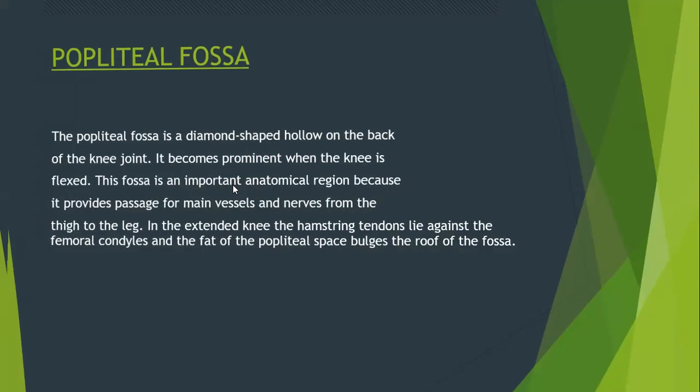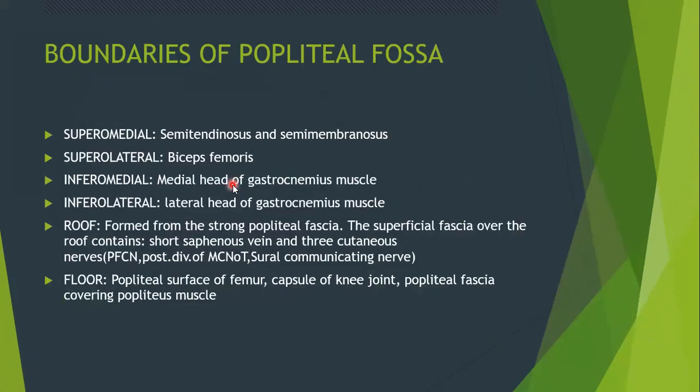Now, let's look at the boundaries. This is a must know. Its superomedial boundary is formed by these two muscles, semitendinosus and semimembranosus. Its superolateral boundary is formed by the biceps femoris muscle. Its inferomedial border is formed by the medial head of gastrocnemius muscle. Inferolateral border is formed by the lateral head of gastrocnemius muscle, and you find some other texts adding that the